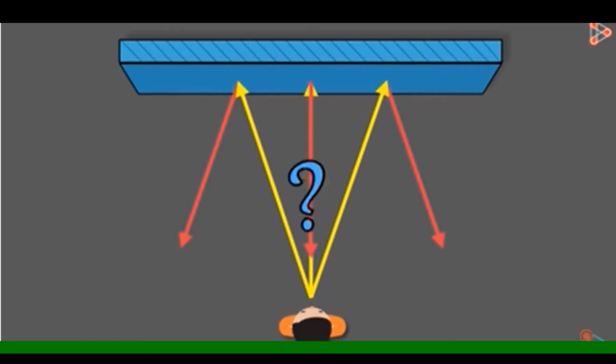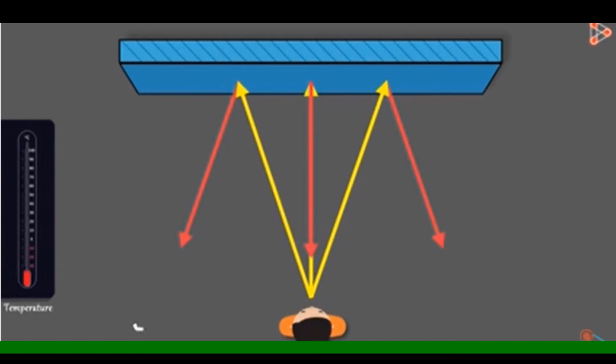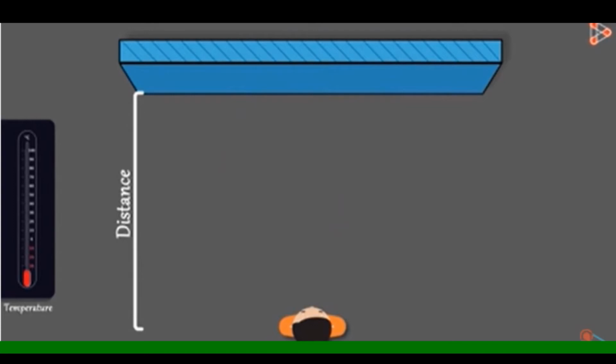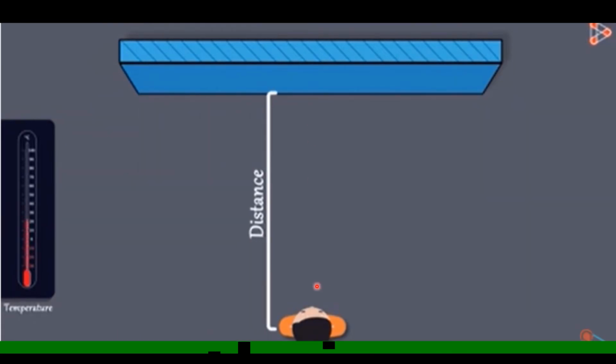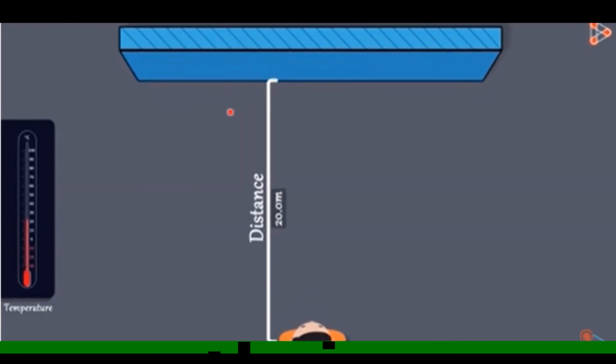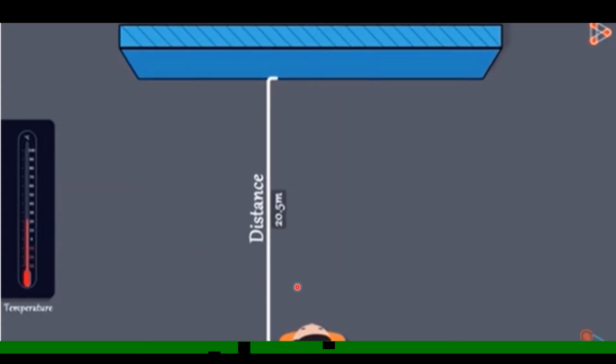So here there's a child and he makes a sound by clapping, and in front of him there's a barrier. The sound of the clap, or the sound waves produced by clapping, travel in air and hit the surface. While it travels, the sound waves come to our ear also. So you will hear the first sound hello, and when it hits the surface and comes back, again you will hear another hello.